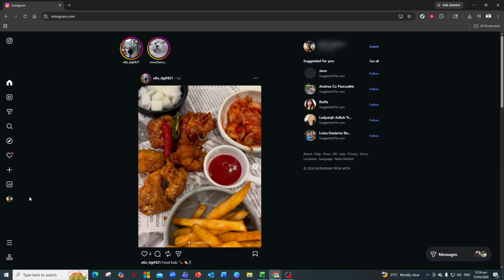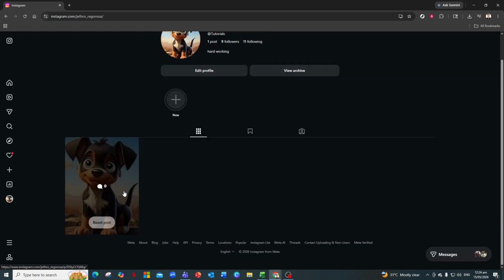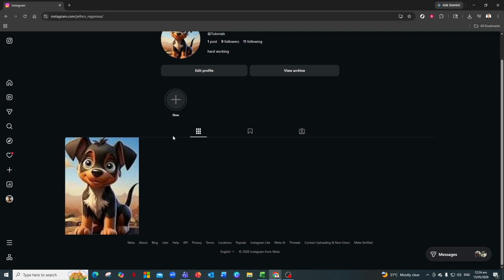To get to your profile, look towards the top right corner of the screen. You should see your profile picture or a small profile icon there. Click that, and from the drop-down menu that appears, select Profile. This will take you to your public profile page, where you can see your posts, your current username, and your